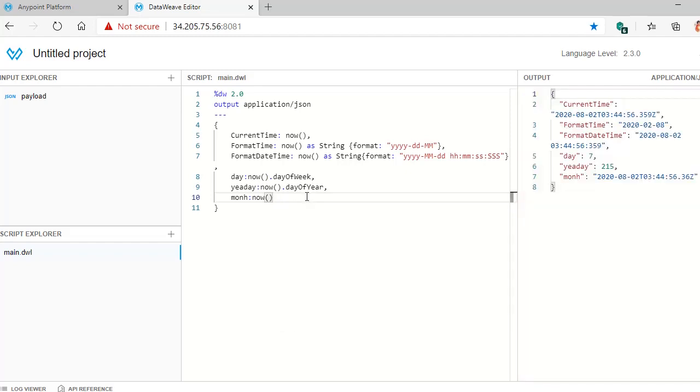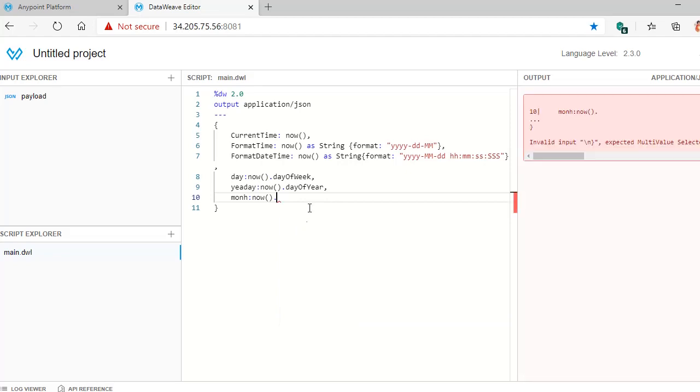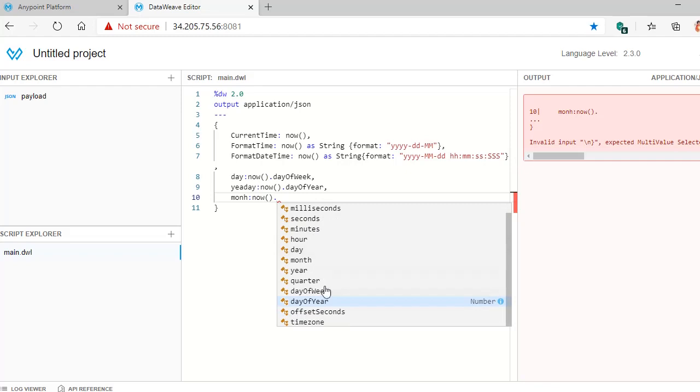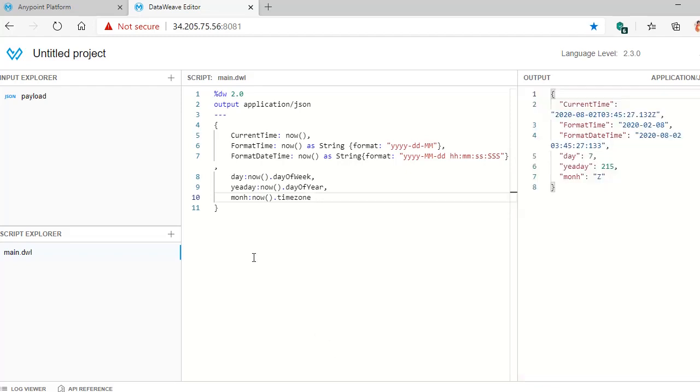Okay. So now, this is all good whenever you want to get the current time zone and current time in a different format. What about if you would like to convert this current time zone to another time zone? First of all, let's get what is the current time zone. See, the current time zone is Z. I don't know for which country it is.